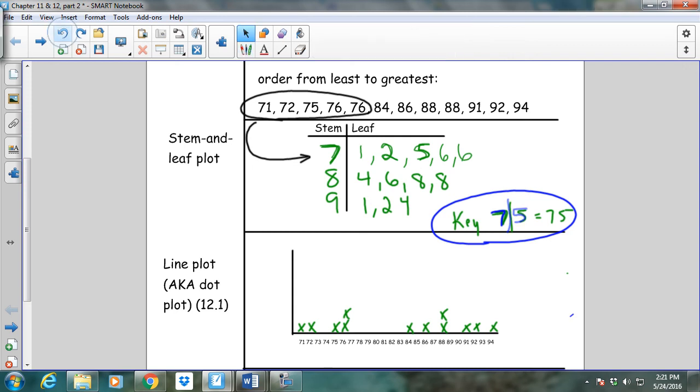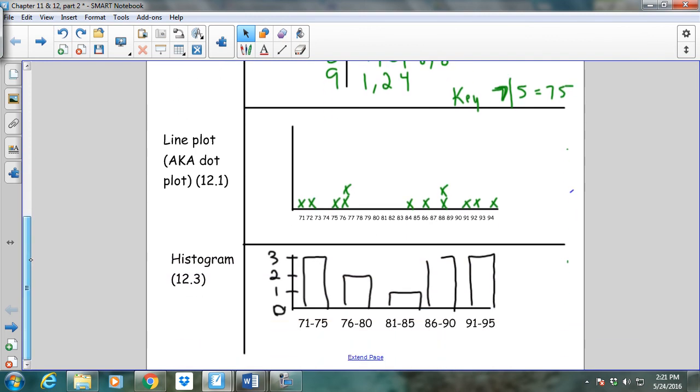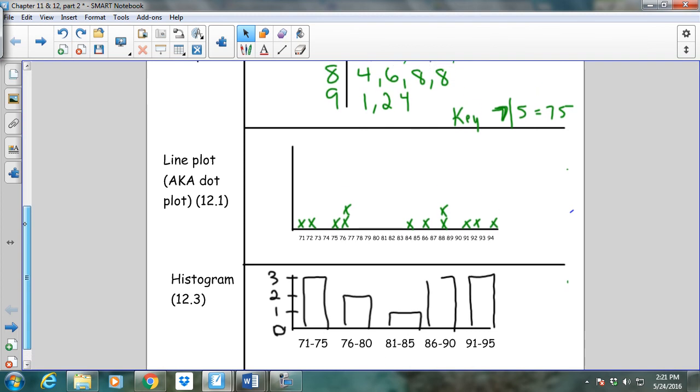Okay. The next type of graph that you are going to need to know how to do is a line plot. Sometimes you'll see it called a dot plot. This is in lesson 12.1. What this is, you list all the possible numbers in the range, even if you didn't use them, all the way from 71 to 94 in our situation, right? And then you put a little X, or in some situations you'll see it as a dot, over each of the